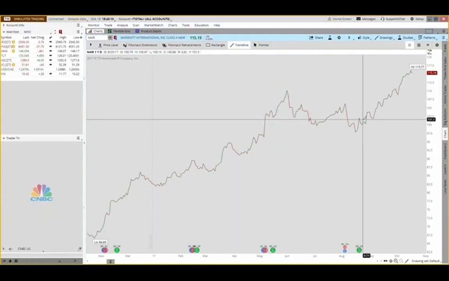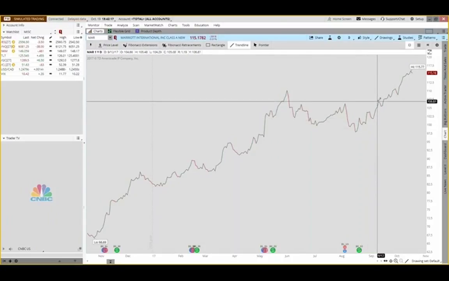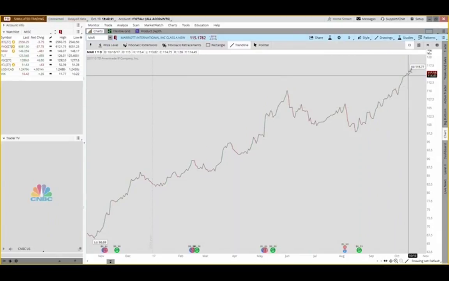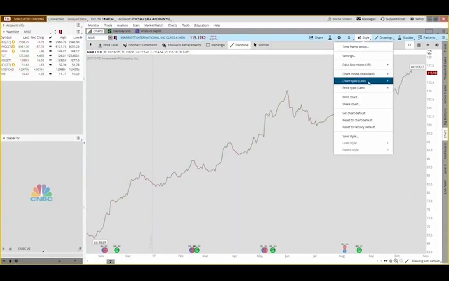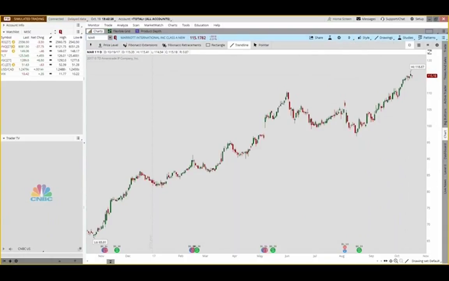So here on a line chart, it's obvious where these highs and lows are, or I should say the high pivots and the low pivots, okay? But let's go back and use the candlestick. And all you need to do is be able to connect the dots to find areas of support and